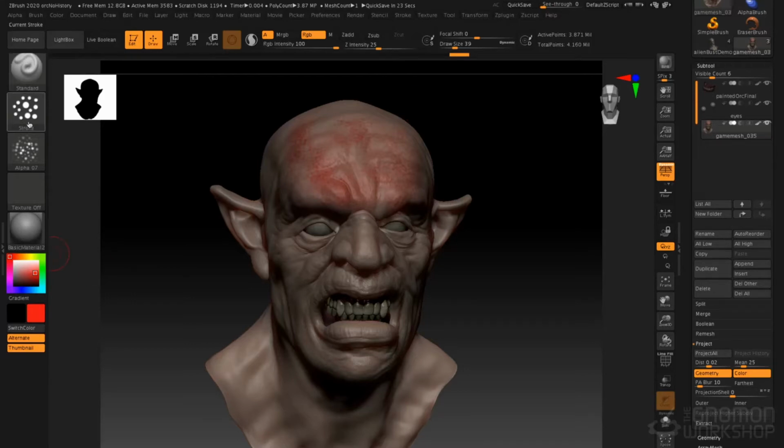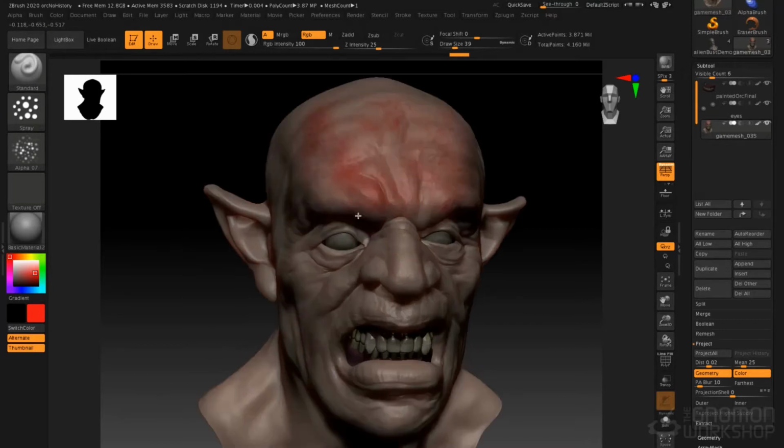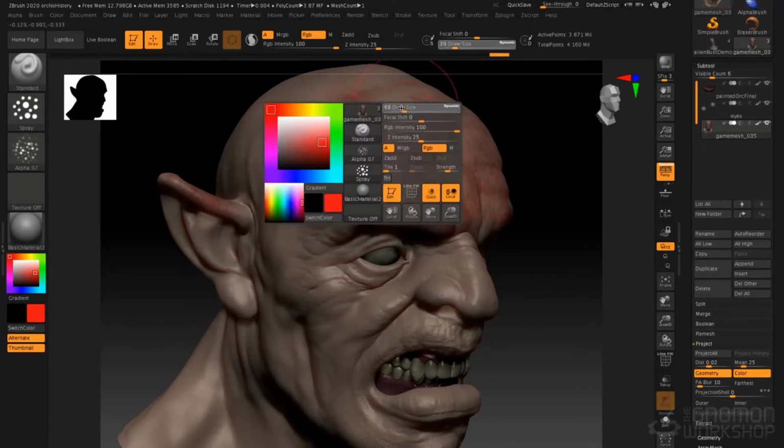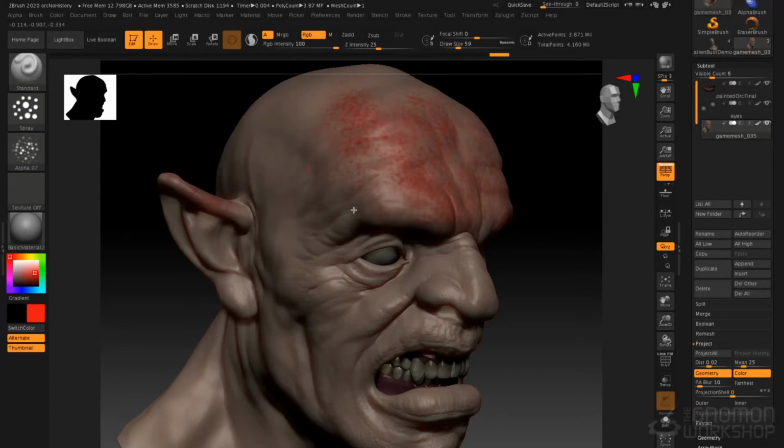So with my brush set up like this, I'm able to use those real world, those tangible physical media techniques here in ZBrush, which is something that I love about ZBrush. It's really an artist tool, and it does let you bring those types of workflows and techniques directly into the program. So what we're going to do is take this brush with red and